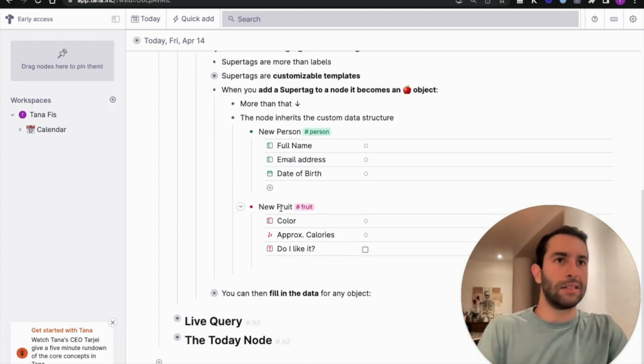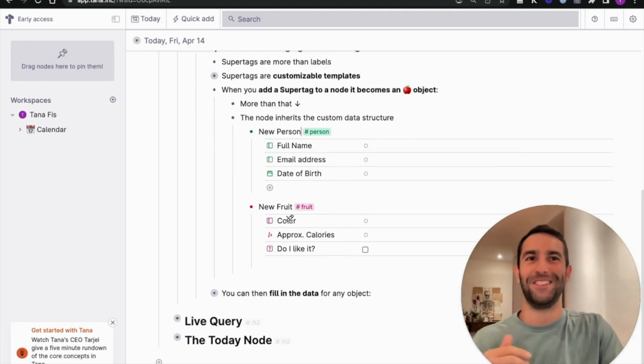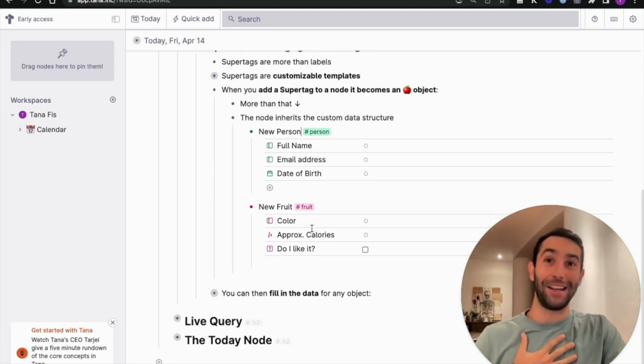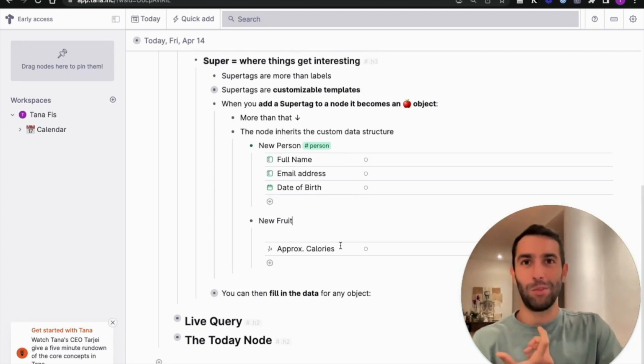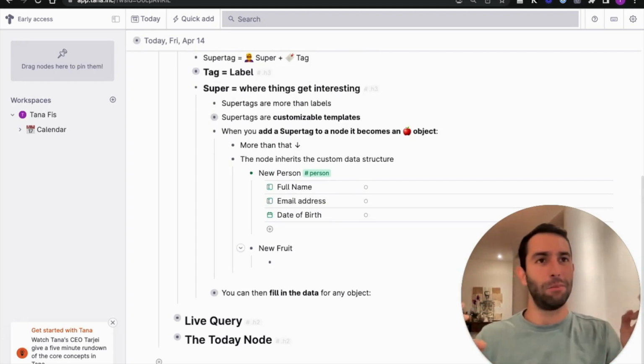A similar example with a fruit is a set of characteristics that are unique to fruits, which would be like the color, the approximate calories, or whether I like it or not. If I remove the super tag, you can see that the fields disappear because they are associated with the super tag.